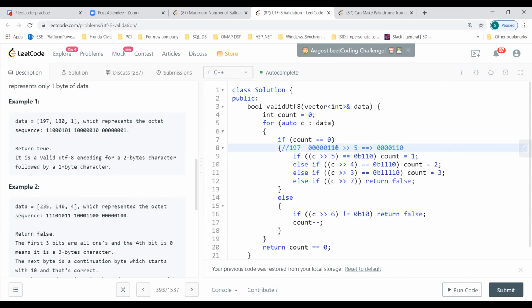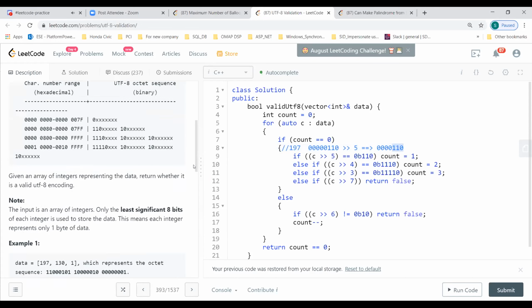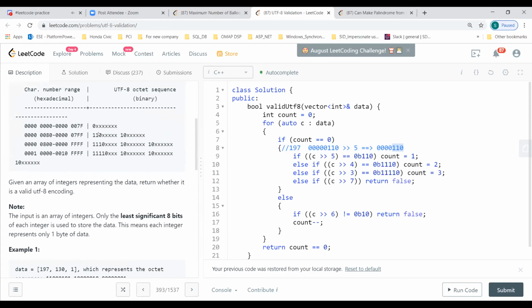Like, we are left with 110, right? So why 110? I mean, 5 left. That's what I didn't understand. Yeah, actually, the way Arshit explained, if you have some number and we shift it, then we are just taking this 110. Why we are taking 110 is because we just want to find if it is a 2-byte number.